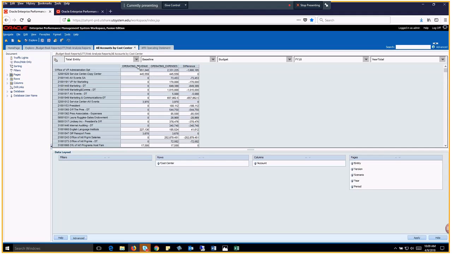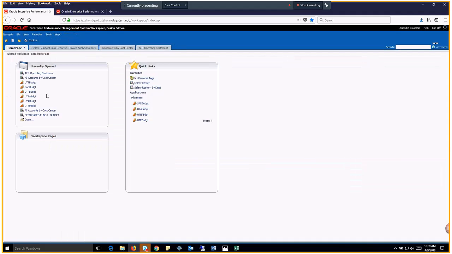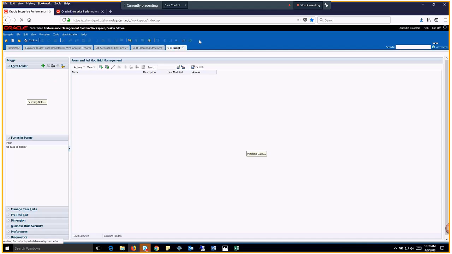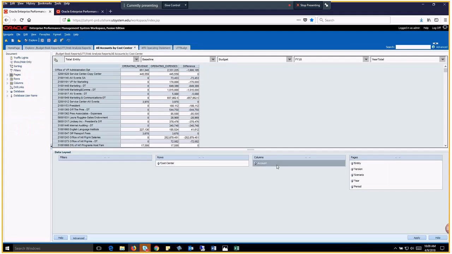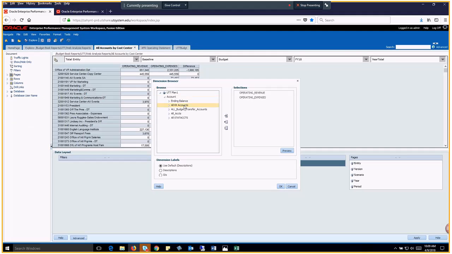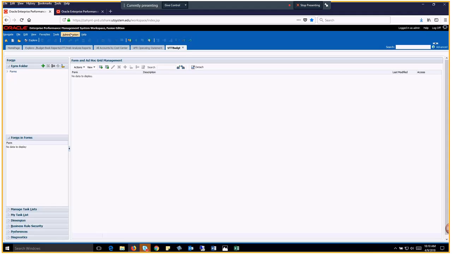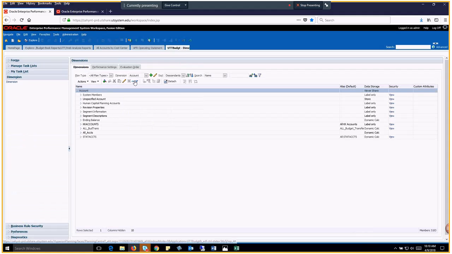Yeah. So you're saying here in operating revenue and operating expenses? Uh-huh. So let's take a look, because I'm not quite sure. We'll find out though. Okay. So maybe another account that we might need to pick up, but go ahead. So with this report, everything's based off of our hierarchies. This operating statement hierarchy, we'll have to drill into. We could drill in here, but I like to go into where it's actually built, which is right here within planning. So I see my account, and I'll go ahead